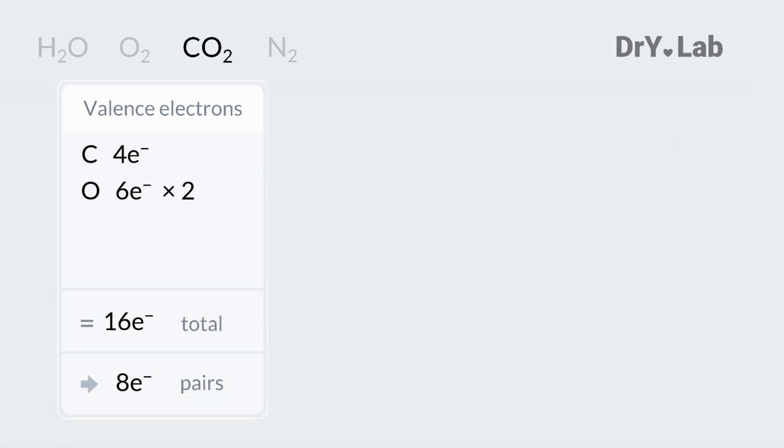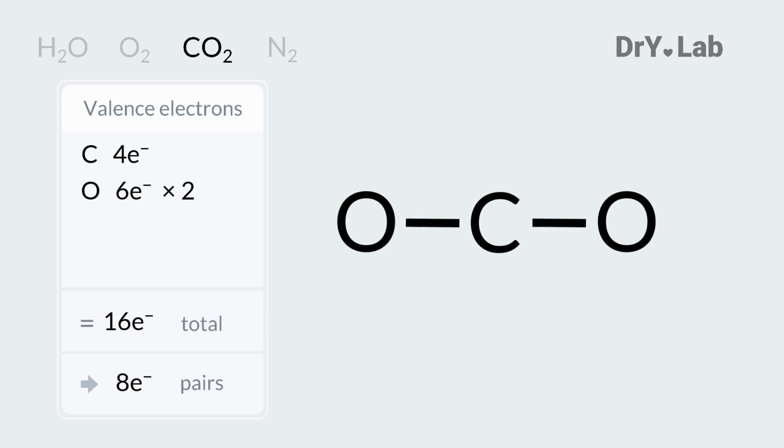The least electronegative atom in this case is carbon. We put carbon in the middle, and then put oxygens around it. Form single bonds to connect all the atoms. We used up 2 pairs of electrons, distribute the remaining 6 pairs as lone pairs. Put the lone pairs on each of these atoms so that they each have an octet, until we run out